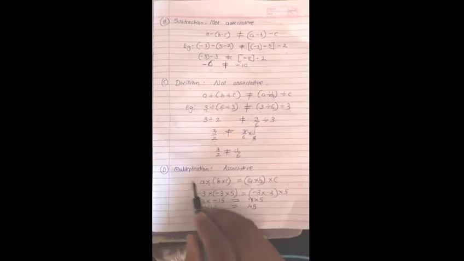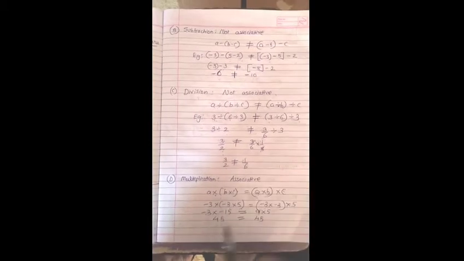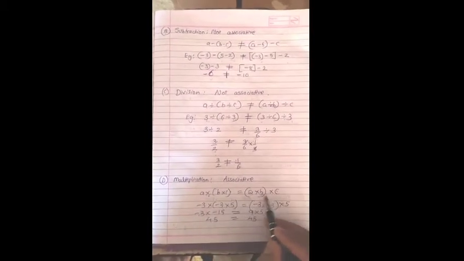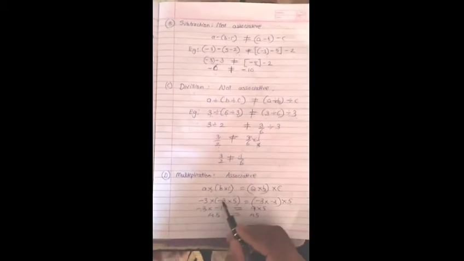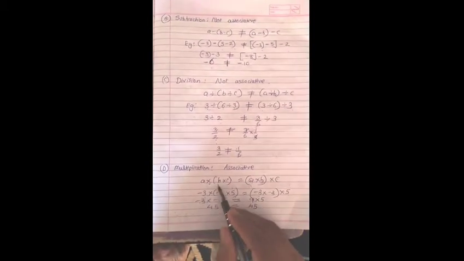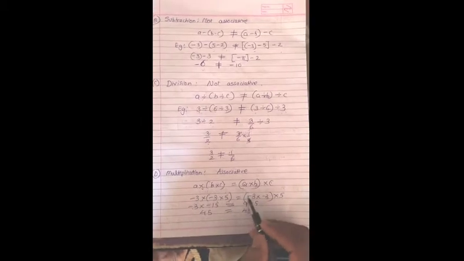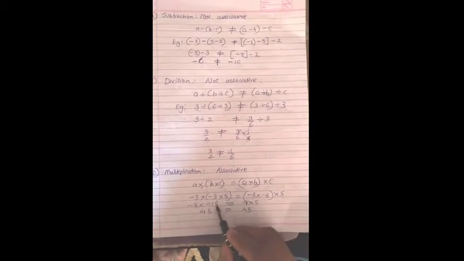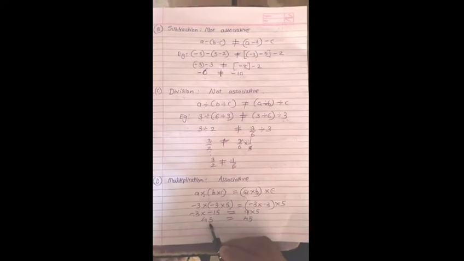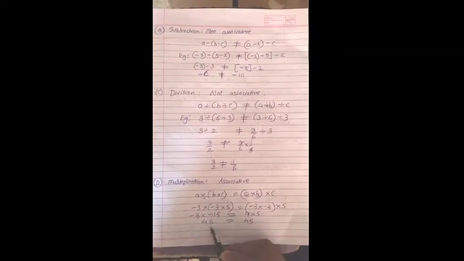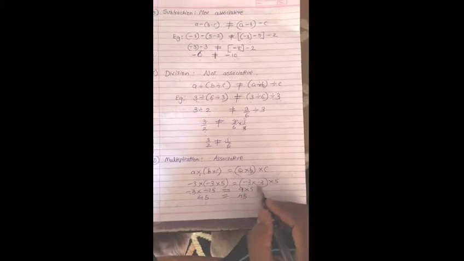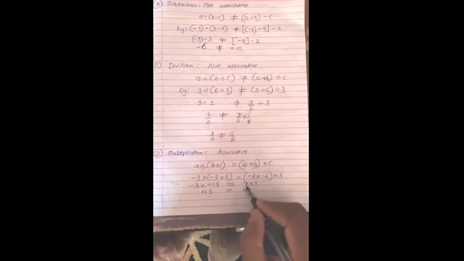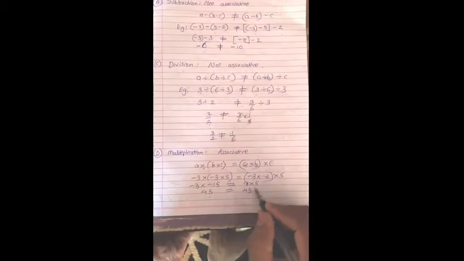Now under the head of multiplication, whether it is associative, yes. Now in place of division, put the multiplication sign, only there is a change in bracket. Now the numbers which I have taken: A as minus 3, B as minus 3, C as 5. Minus 3 into 5 is minus 15, minus 15 into minus 3 is 45, minus into minus will give positive, you know that. Here minus 3 into minus 3 is 9, minus into minus is plus, into 5, 9 fives are 45, both sides equal.